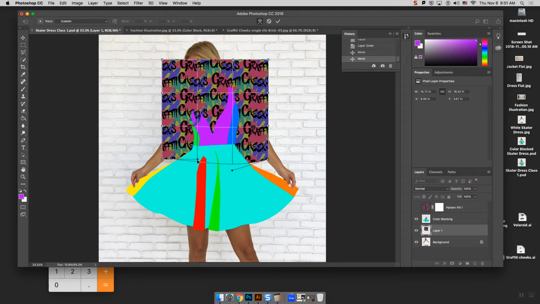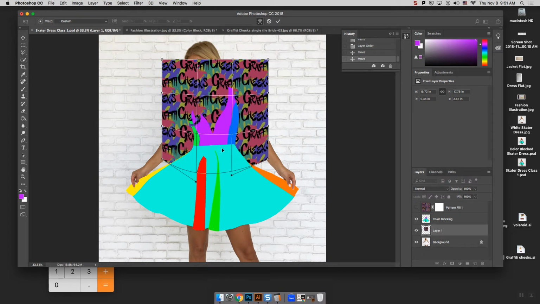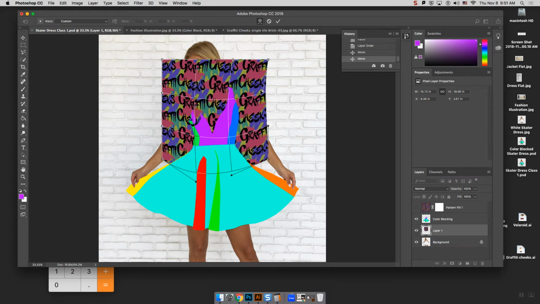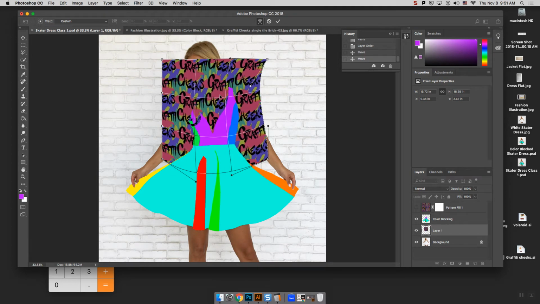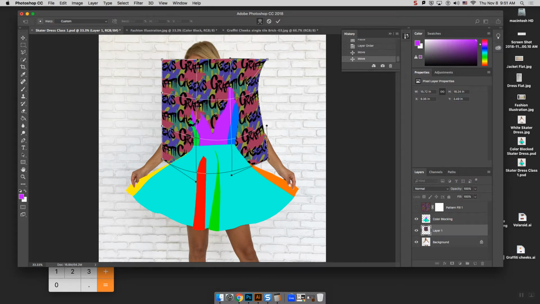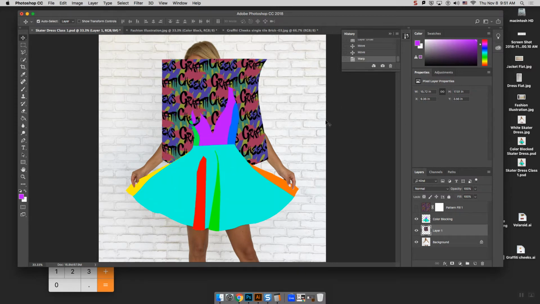Here I can adjust it so it's got a bit of curve. Maybe it gets a little bit closer together as it goes to the edge. This is going to be subtle because it's on the kind of flat part of the dress. But when you like it, you can hit enter and then instantaneously on the color block section with your magic wand tool,